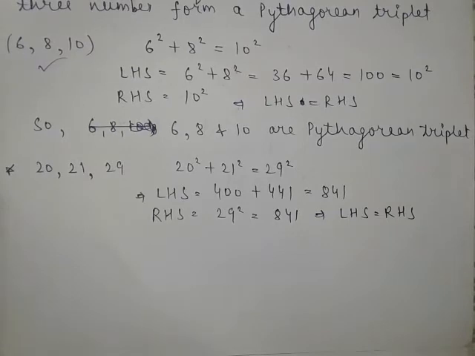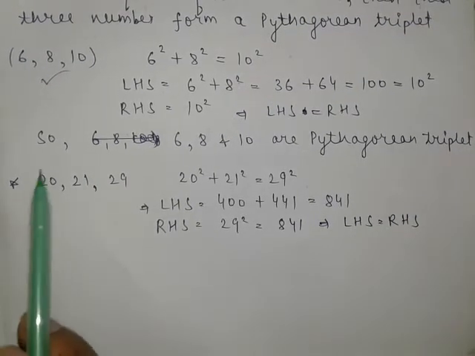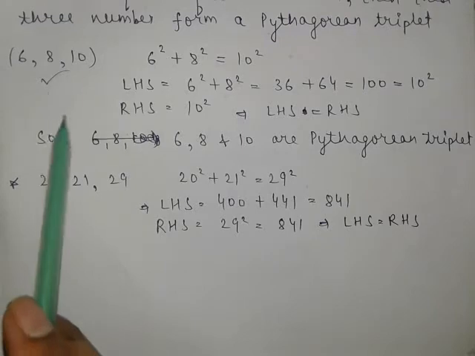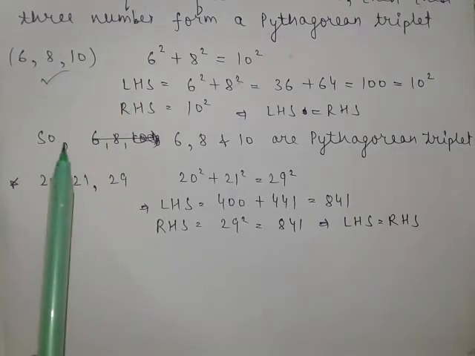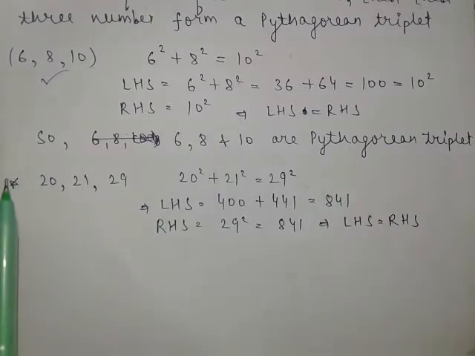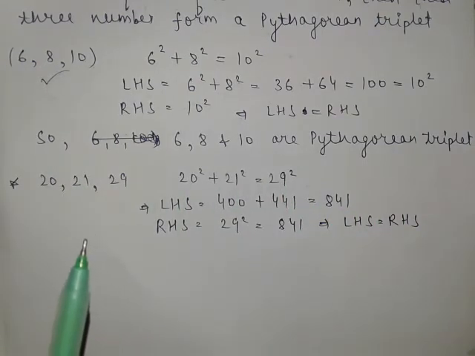Now if you see, we did not take any random numbers. We have taken the combination of only those numbers whose sum of squares equals the square of the third number. But can we have any general formula for that? So for that,